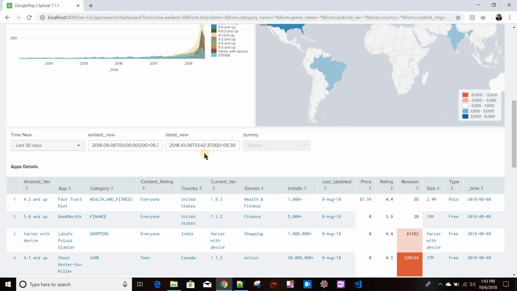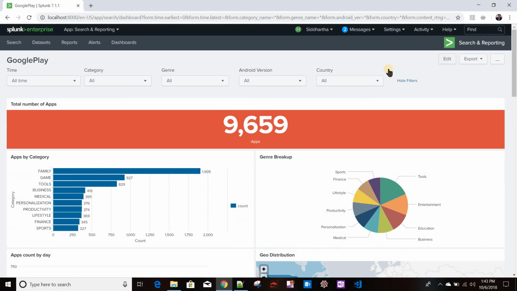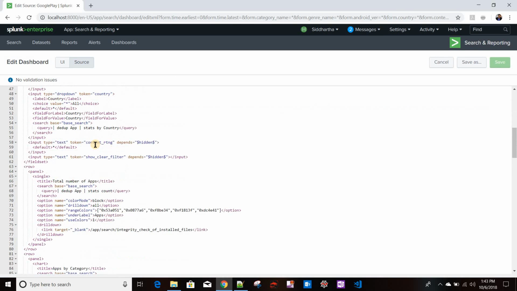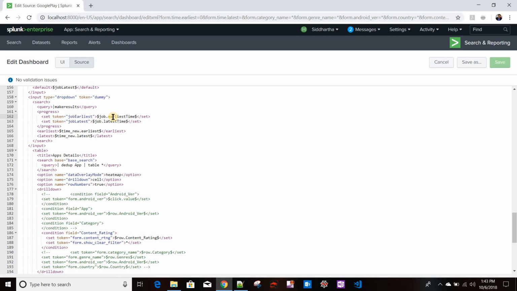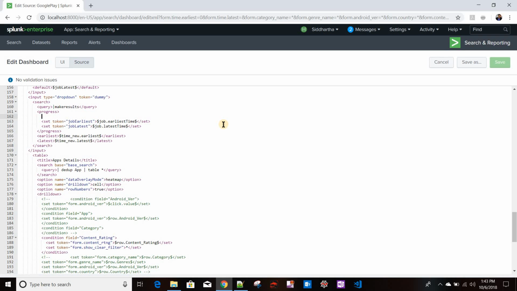Now, why are we using this job.earliestTime? Because of this only. One reason is it has a very fixed format, so that when I use this in my search, I have to convert it to epoch time using strptime, right? So my epoch time format, I will always know. To do that, let us do another thing: set token. I'll convert these two times, job.earliestTime and job.latestTime, to some token value. You can do that at the search level as well, but I prefer to do it here, so you can do it like this: